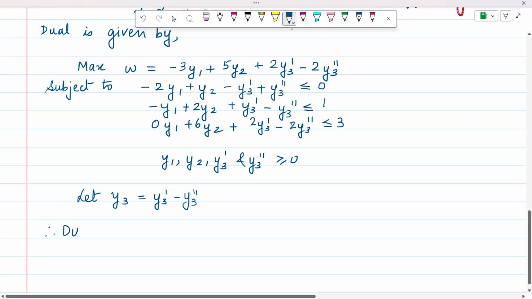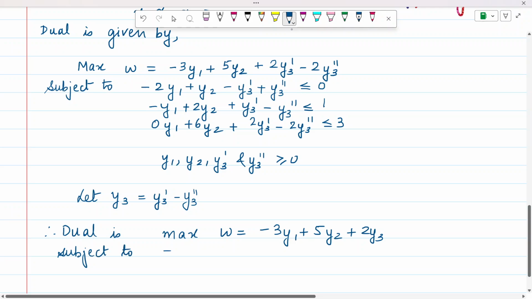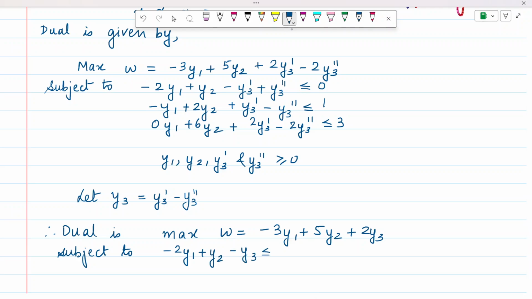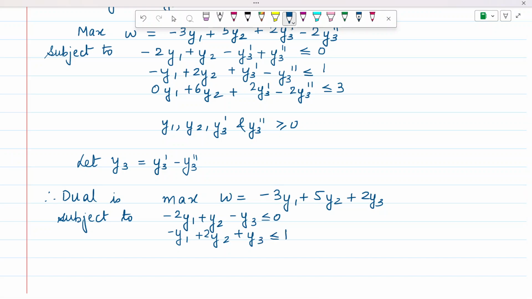So my dual now becomes maximize W is equal to -3y1 positive 5y2, 2 times y3, subject to -2y1 positive y2, negative y3 less than or equal to 0. Constraint number 2 will become -y1, 2y2 plus y3 less than or equal to 1,